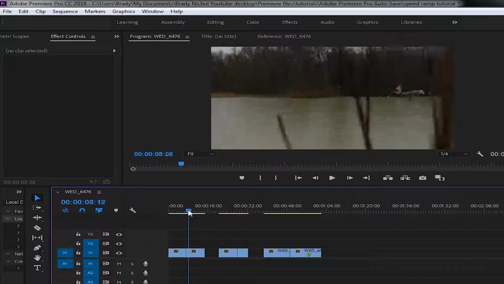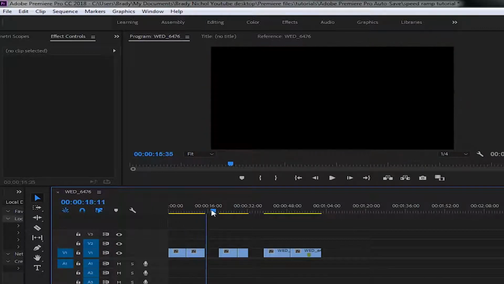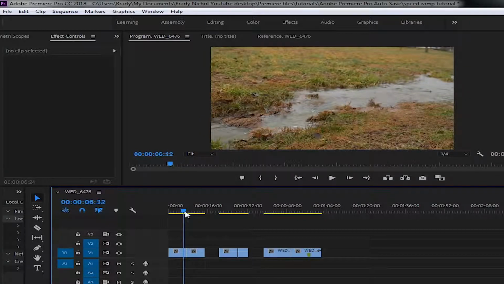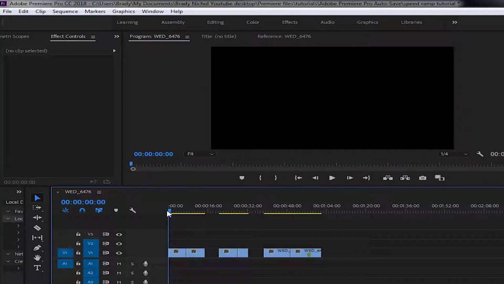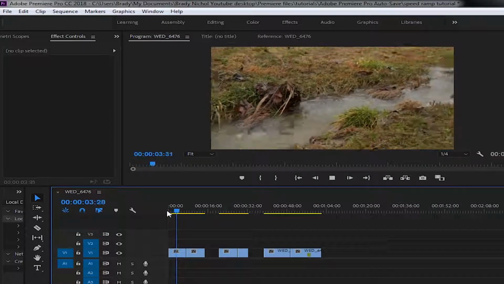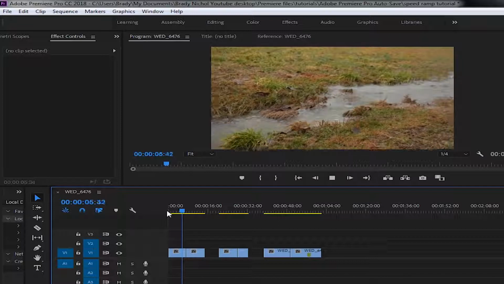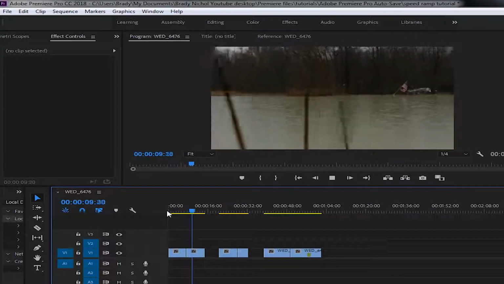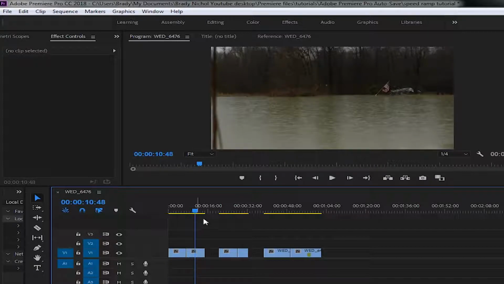The closer the better for the speed ramp. Let's take this first set of clips for example, and I'll play those through. Okay, so you can see they're both going in the same